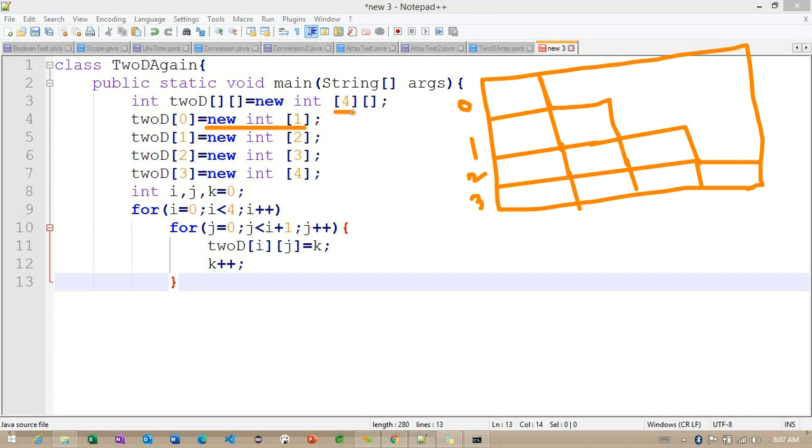But whenever we are trying to work with the column level, what we are doing here, we are creating one more array. In the 0 index location, so this is indicating the 0 index location, right? For this particular column, we are creating one more array. The size is only 1. If the size is only 1, we can initialize how many values? Only 1 value.